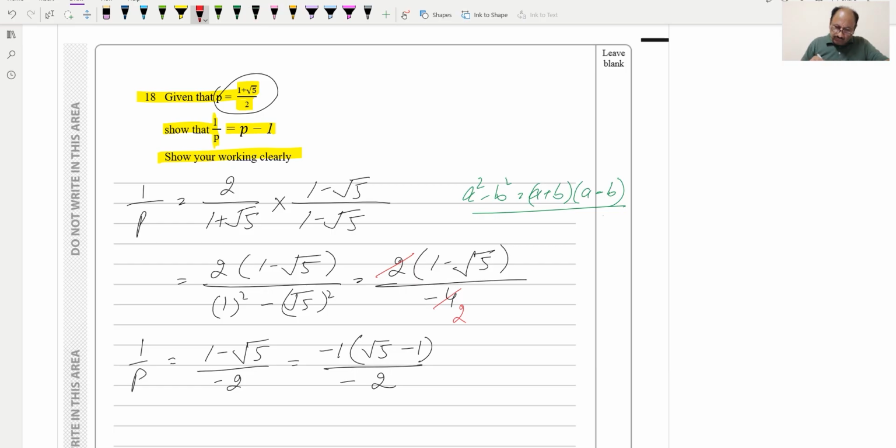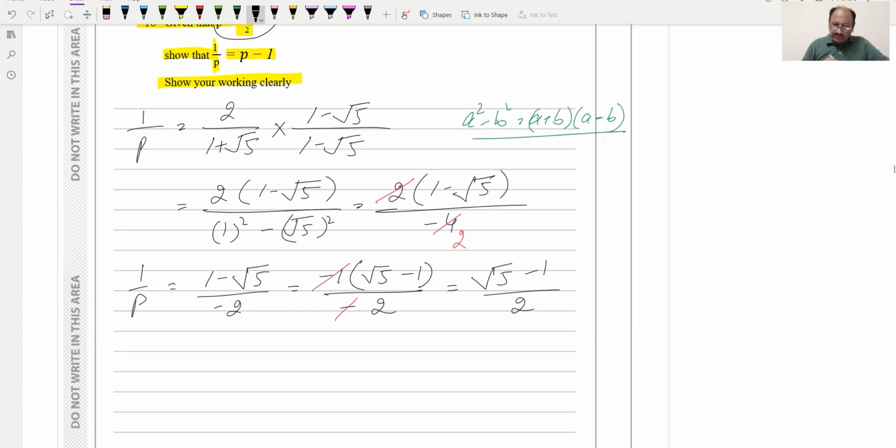The minus will cancel with the minus, and we will get root 5 minus 1 over 2. Now further we can rewrite this one as 1 plus root 5